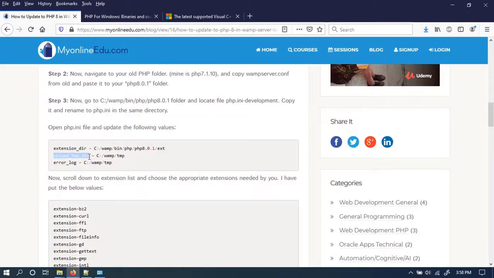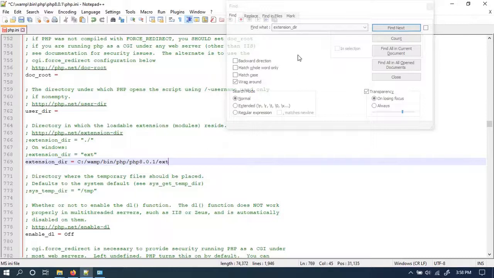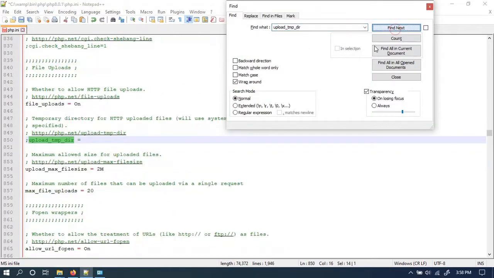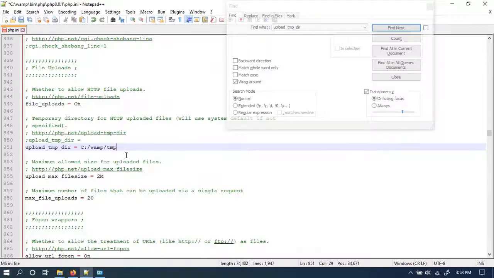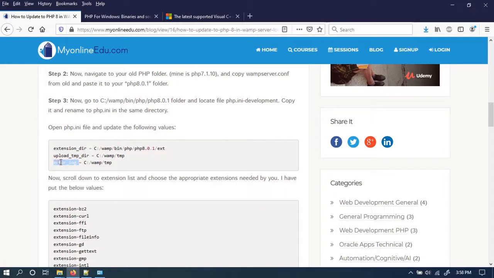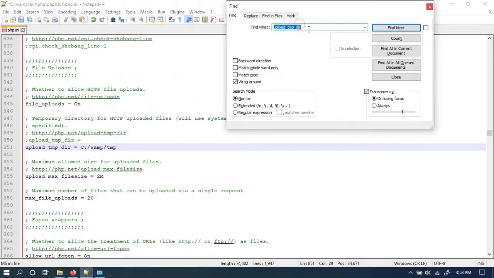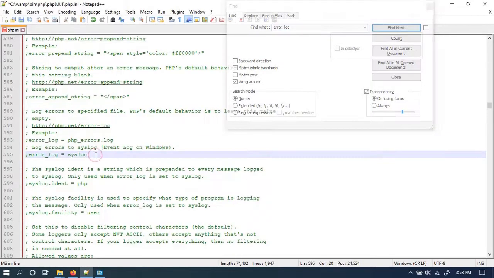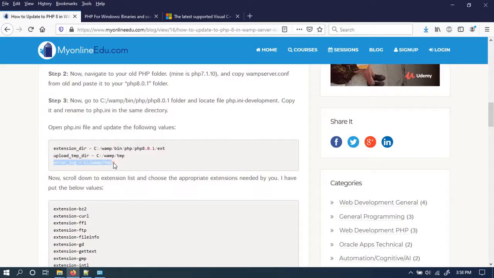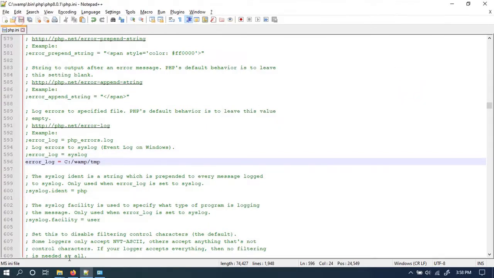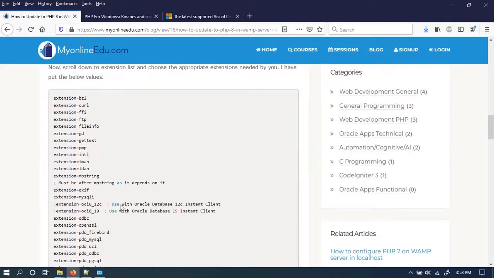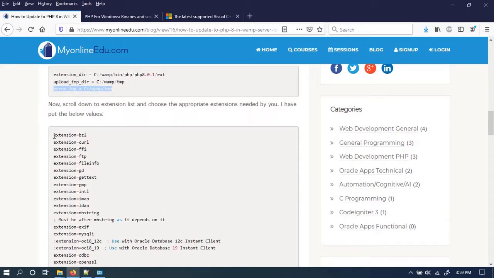Next, search for the upload temp directory, and then copy this value and put it here. Then search for the error log and put this value here. Okay, so my error log is this. Now save the file, and then we have to go to the extension part where all the PHP extensions are